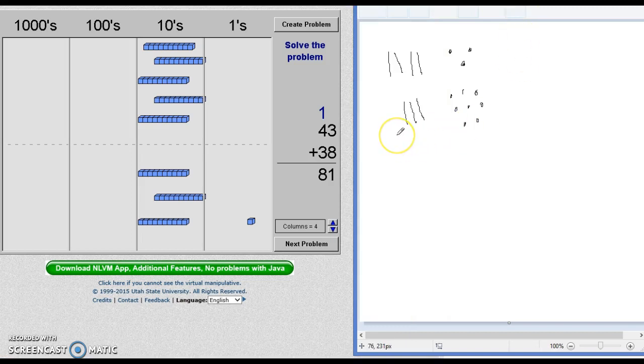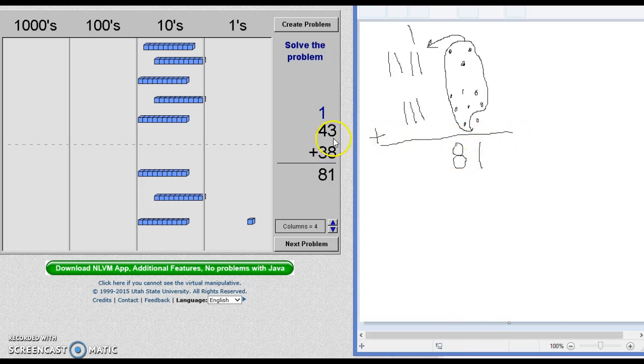So if I go back to my paint program, and I don't have this cool tool, this NLVM manipulatives, what you can do is show it like this. So essentially, we've got 1, 2, 3, 4, 5, 6, 7, 8, 9, 10. I probably shouldn't have had to count those, but I did. And you can show the same thing. There's my lasso. Come over here. Add my 1. So I've got 1, and then I've got